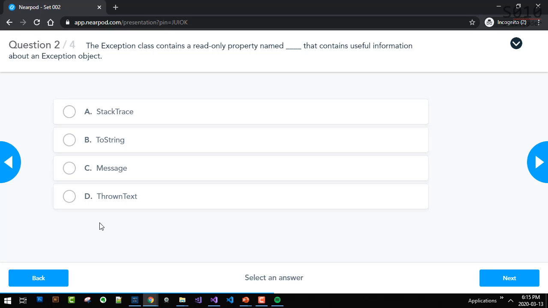Here we have: the exception class contains a read-only property named that contains useful information about an exception. It's a read-only property, message. I think stack, actually, let's try this.